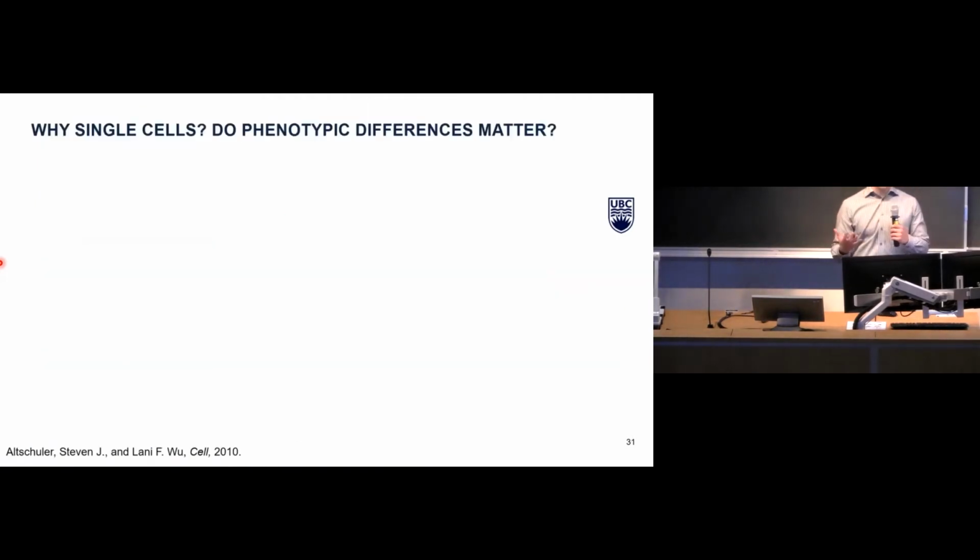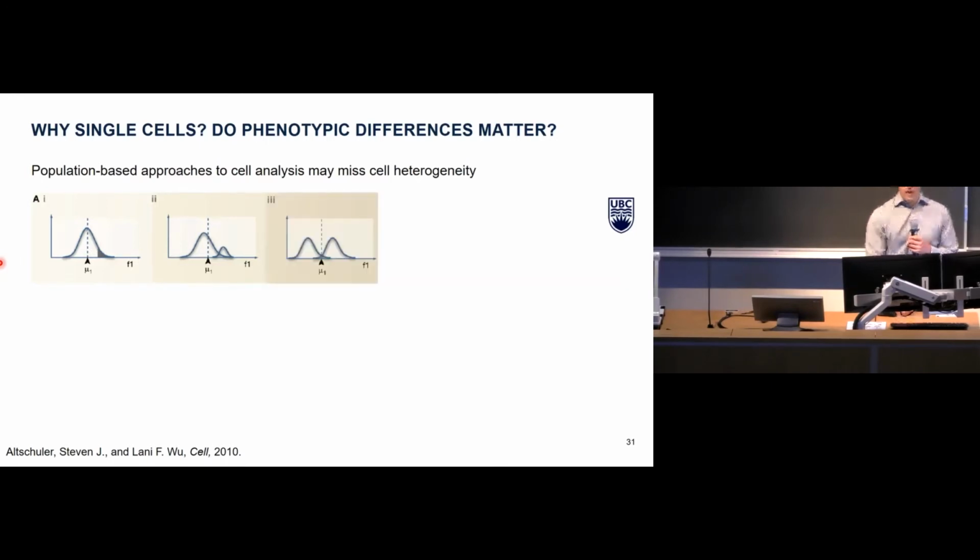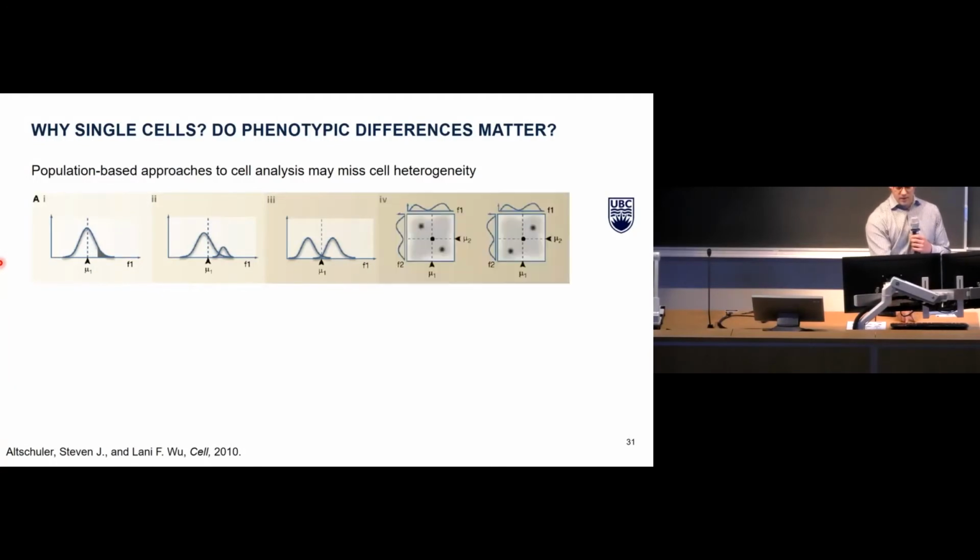So why do we want to evaluate cells individually? Do these phenotypic differences matter? Population average cell measurements can miss information contained in cell heterogeneity. The behavior of cells in the tail of a distribution or in a small subpopulation may differ from the cells at the mean. Further, for bimodal cell behaviors, a population mean may poorly represent the majority of cells. Multiple measurements may be required to elucidate the different patterns of cell heterogeneity.